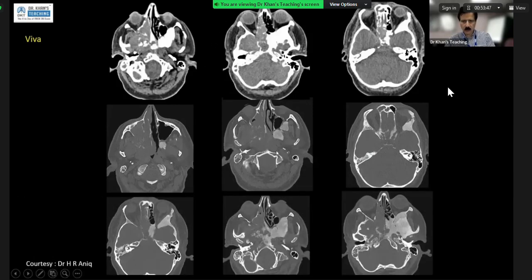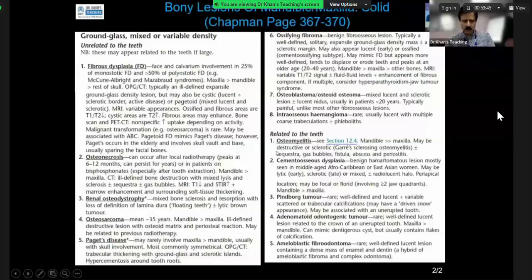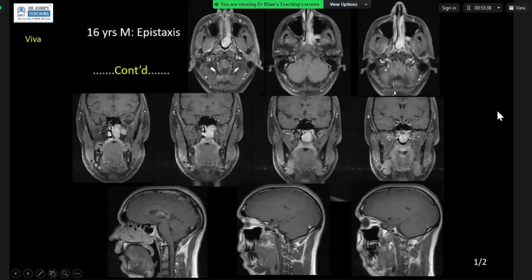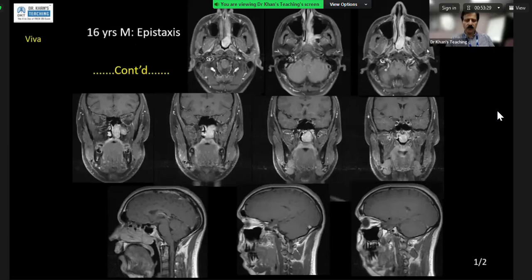In case, let me take you through this case. Can you hear me? Yes. And can you see this 16-year-old epistaxis? Correct? Yes. Okay, so all of you please concentrate on this case, and this is a very good case to